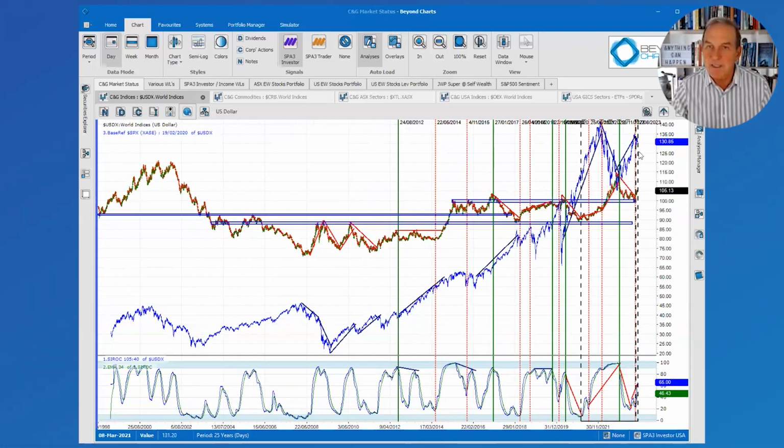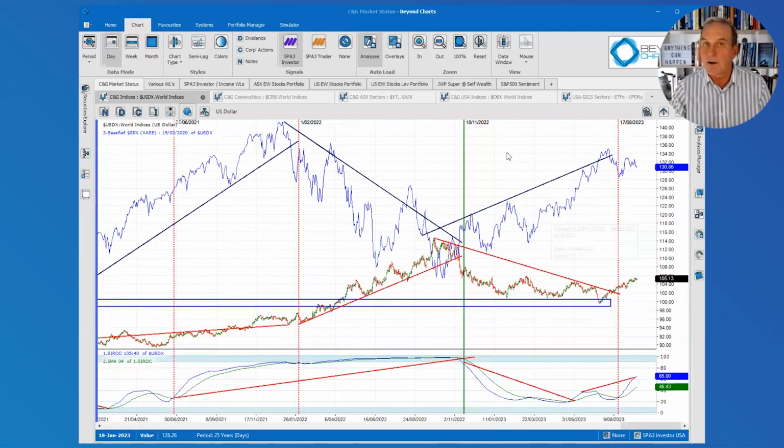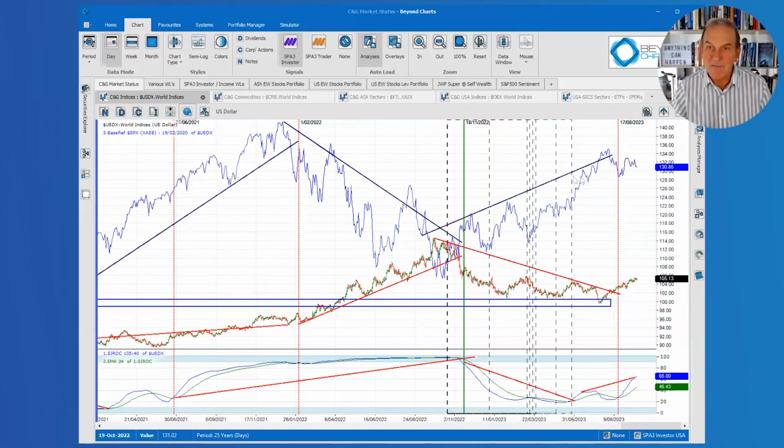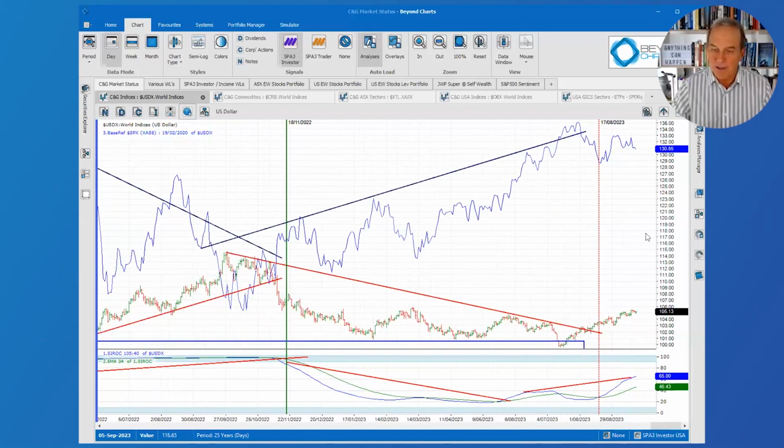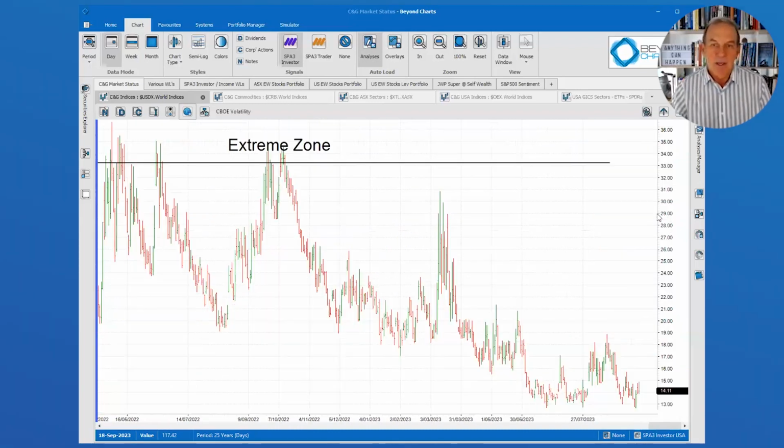But it's not 100% dead cert, but it's a stronger correlation than 10-year yields, or if you look at either the yield, which we'll look at in a moment, or if you look at the ETF on 20-year yields. So this is my biggest worry at the moment. And if this US dollar continues to get stronger and stronger, and the trend is certainly up there, it's going to put a handbrake on equities in the US market.